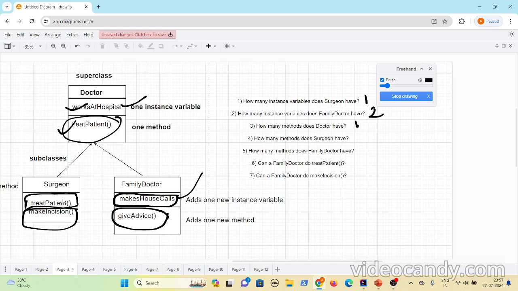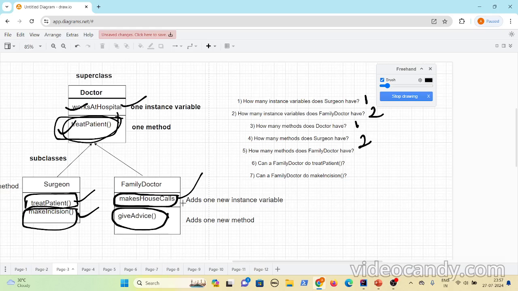Now, how many methods does a surgeon have? Surgeon has treat patient and make incision in his own class. But let's see what methods are present in the super class, because super class methods will be reused by the surgeon as well, right? Here, doctor has a treat patient method, but that is overridden by the surgeon. So only two methods does a surgeon have.